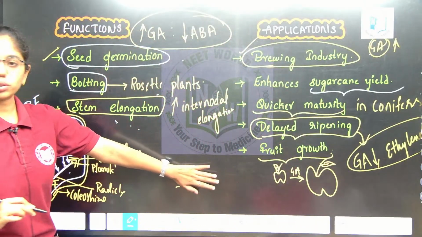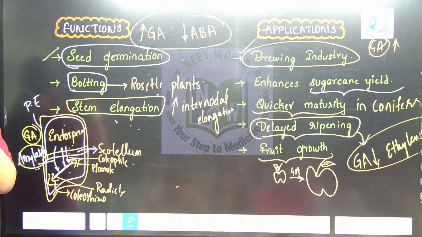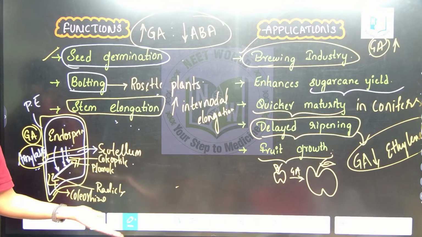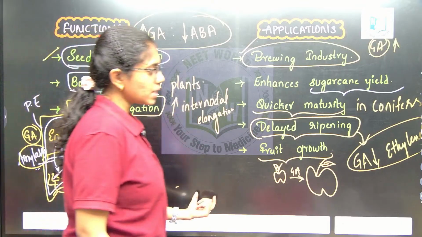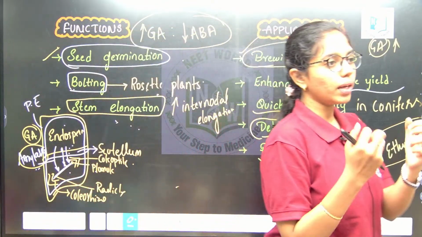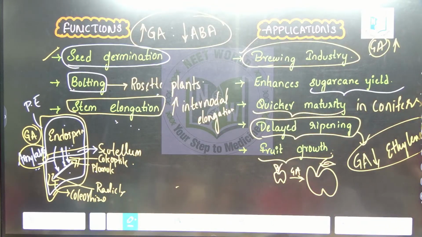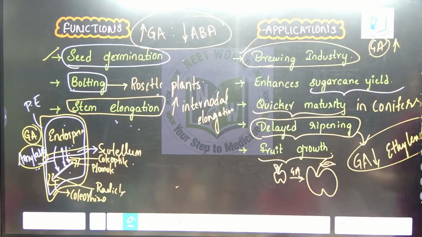This we will use to increase the grape stocks, so that we will get higher size of grapes. Same is the case in mangoes, in bananas, in sugarcane, okay. When stock size increases, it will be in a position to adapt so many fruits in that, yes or no. So, these are the functions and applications of gibberellins. Clear everybody?